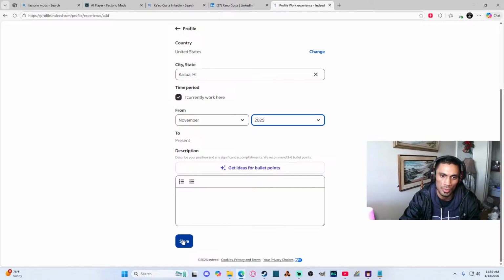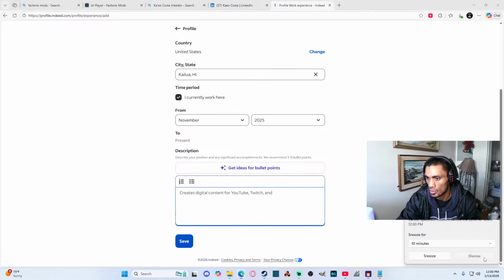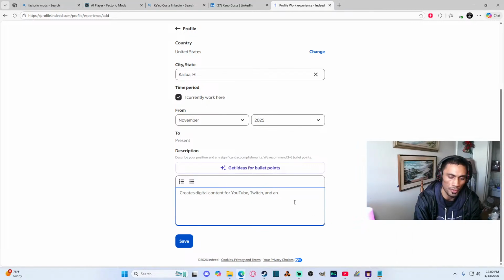Description. Creates digital content for YouTube, Twitch, and any services. And yeah, for YouTube, I'll just say for YouTube for now. Creates digital content for YouTube,